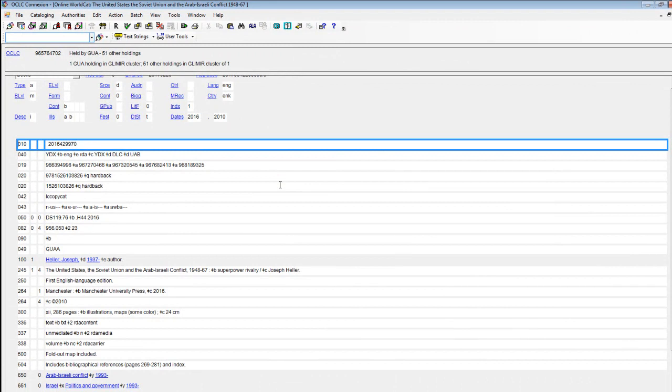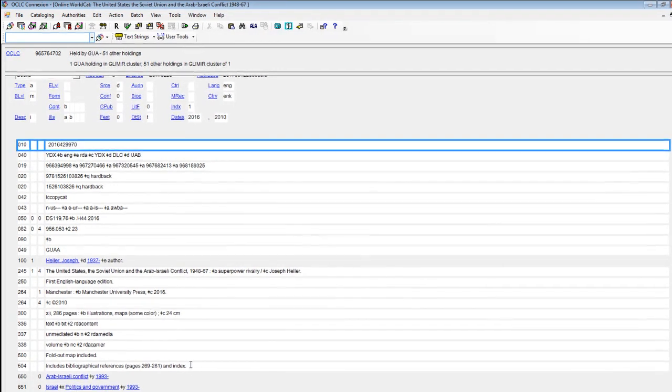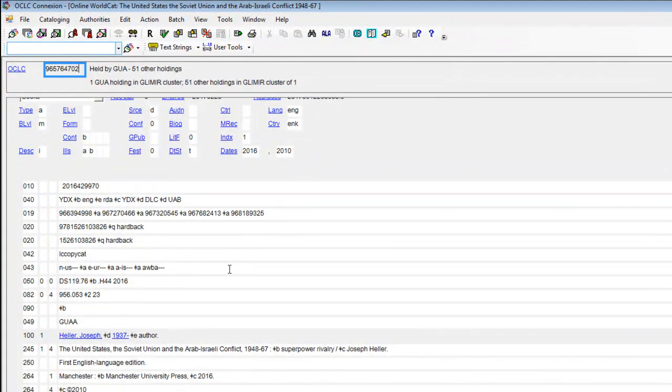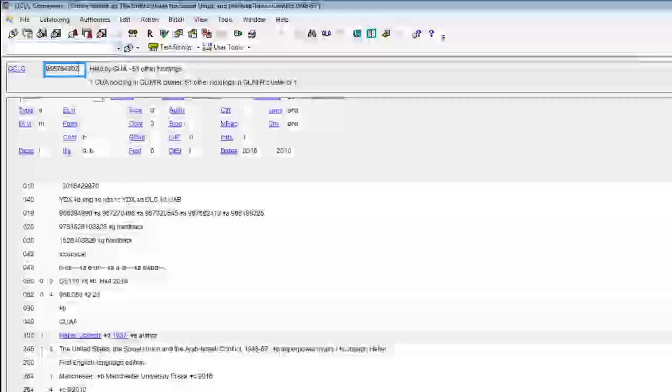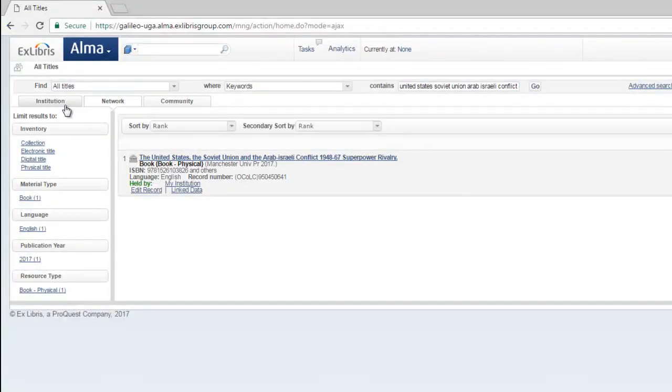This looks like a very good record, and we'll say that it matches our piece exactly. So this is going to be the record that we'd like to choose to catalog this item on. In order to bring this record in and overlay this record on the record for this item that currently exists in ALMA, we need for the 035 of the record in ALMA and the OCLC number of this record to be the same. Let's return to ALMA and to the institution zone